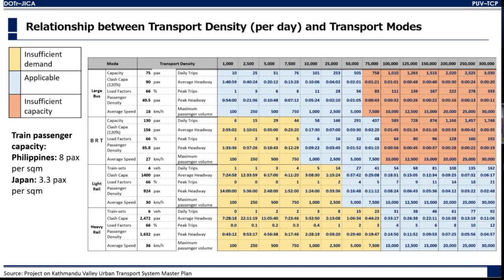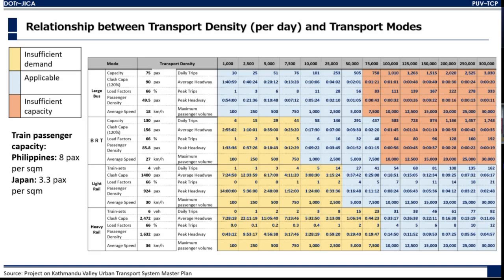According to the estimated passenger demands, which travel mode shall be applied, and the peak headway and average headway can also be estimated. So if you can identify the sectional transport density by road section, which can be collected from the survey conducted by Quezon City, or what I proposed,